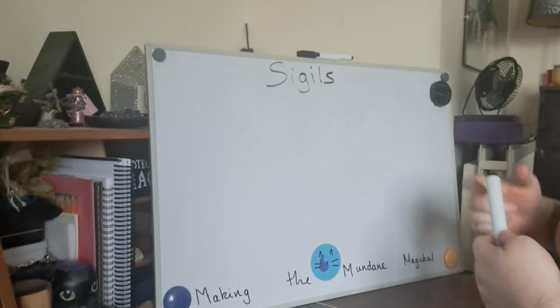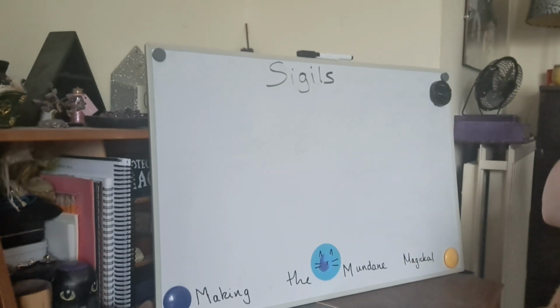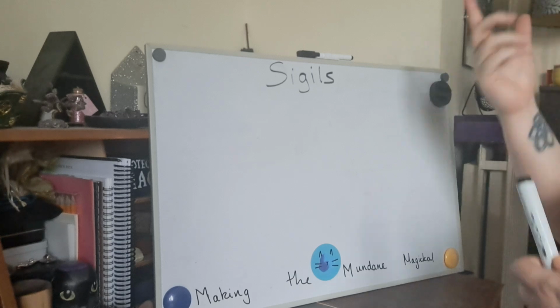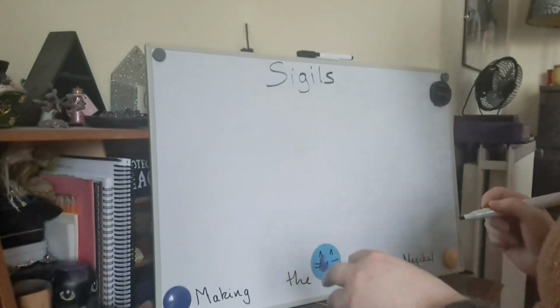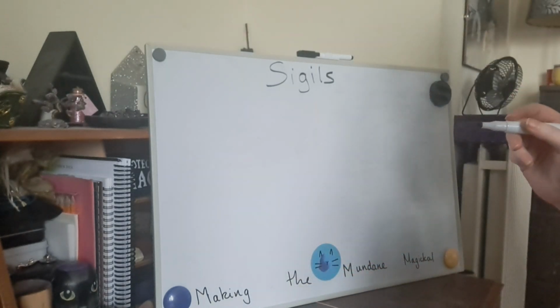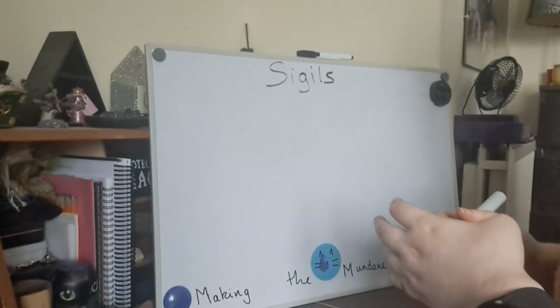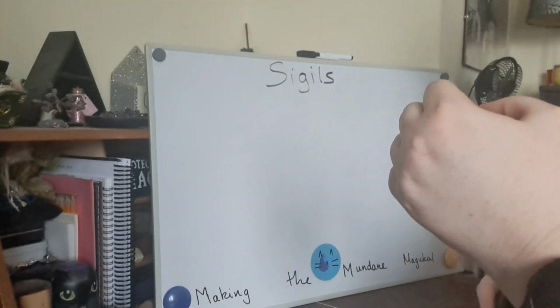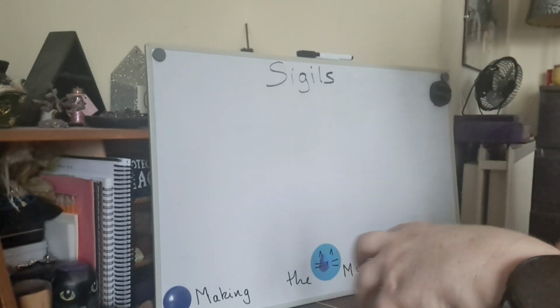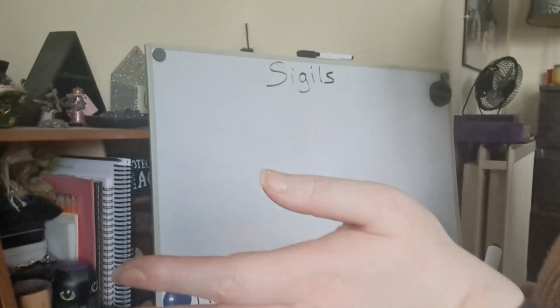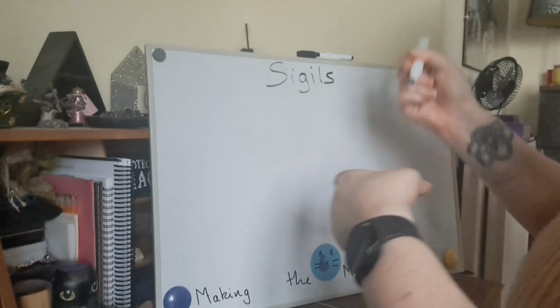So, let's see, what kind of sigil could we do? I am loved. Let's go with I am loved. So we're starting with an I am statement, and it always has to be, because it's a present tense thing. So it's constant. It's not something that happens and then goes away. So by saying I am loved,